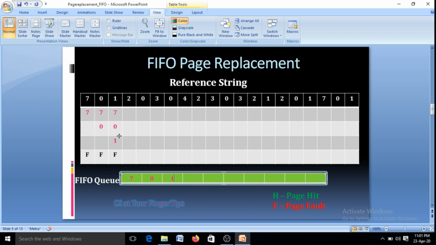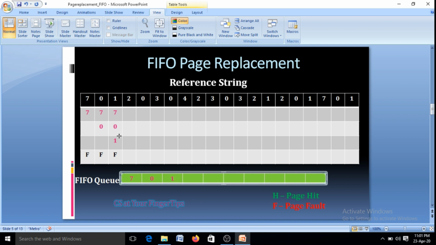In this case, the operating system has to select a page for replacement. Here comes the importance of the page replacement algorithm. The page replacement algorithm will select a page for replacement, and this page has to be written to the secondary memory and the new page has to be brought into the primary memory.